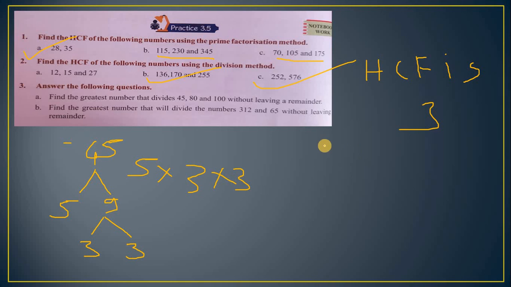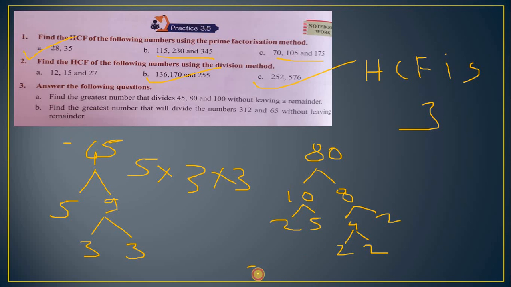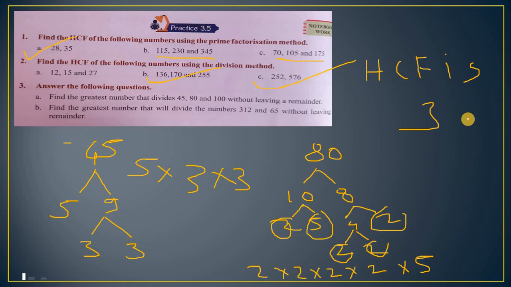And if we take second number 80, 80 can be written as 10 into 8. 10 you can split 2 into 5. You can split 4 into 2. Finally you have to split 2 into 2. So their prime factors, 2 is how many times? 1, 2, 3, 4. You write all. And here only 5 is remaining. You can make a circle so that there will be no mistake. We completed all. And last one is 100.